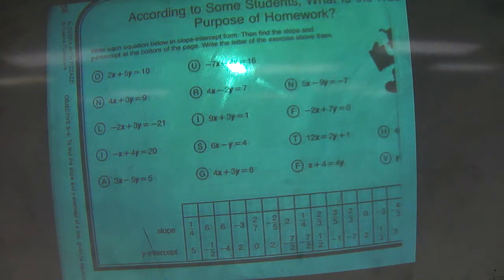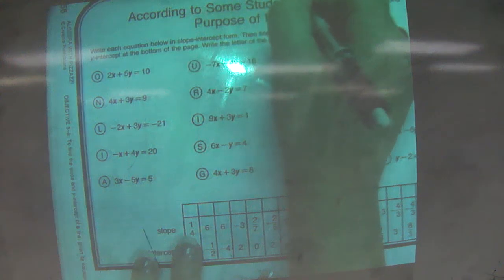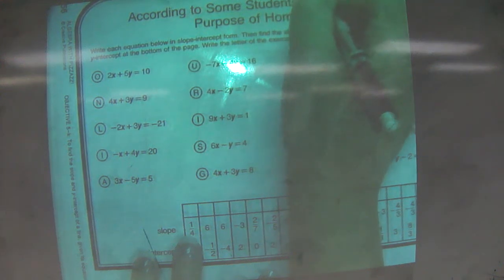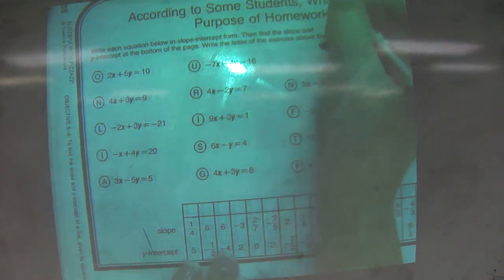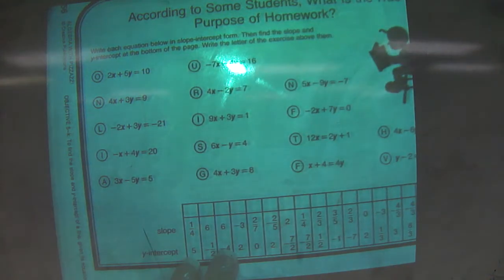Now what we're going to do, our goal continues to be getting it in slope-intercept form. So y equals mx plus b. We've got to keep track of those things. Okay? So,